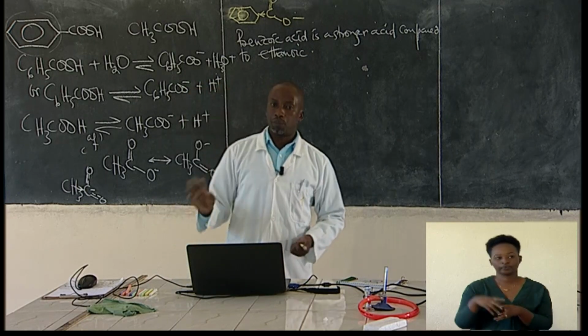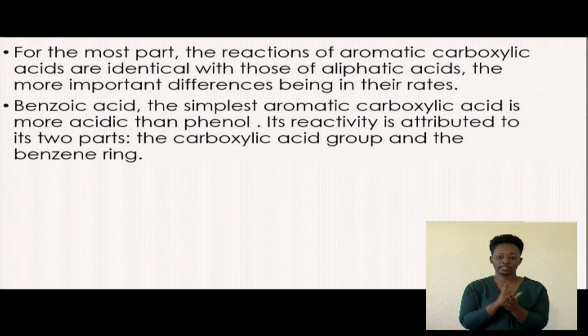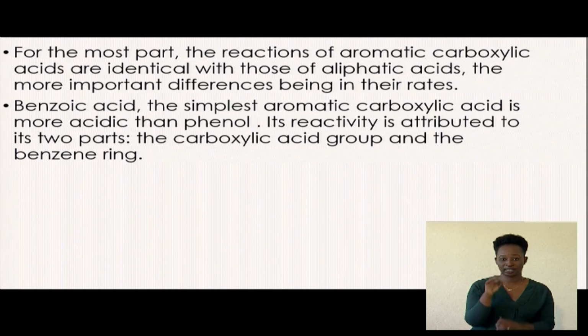So for the most part, the reactions of aromatic carboxylic acids are identical to those of aliphatic carboxylic acids. The difference is only on the rate, the speed at which